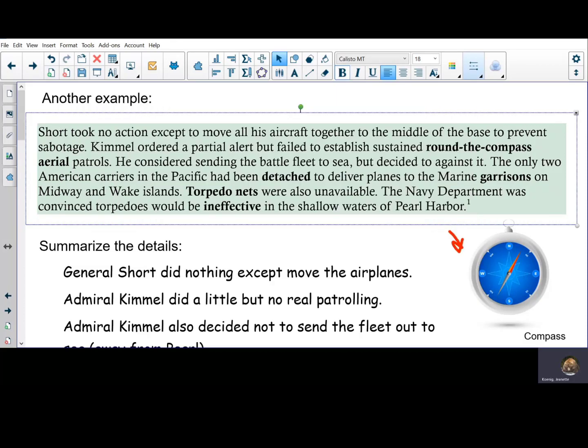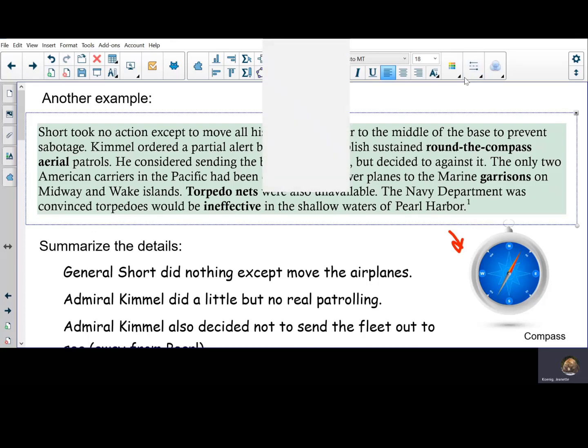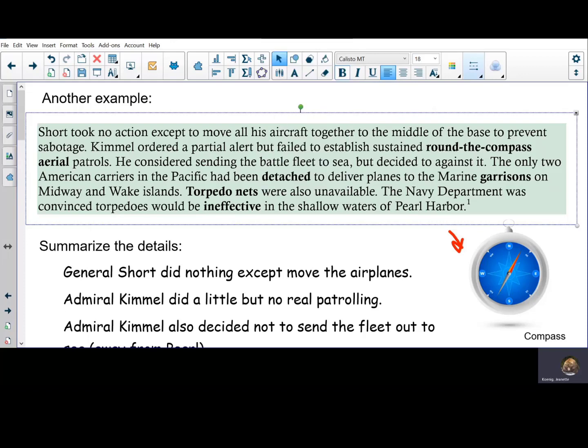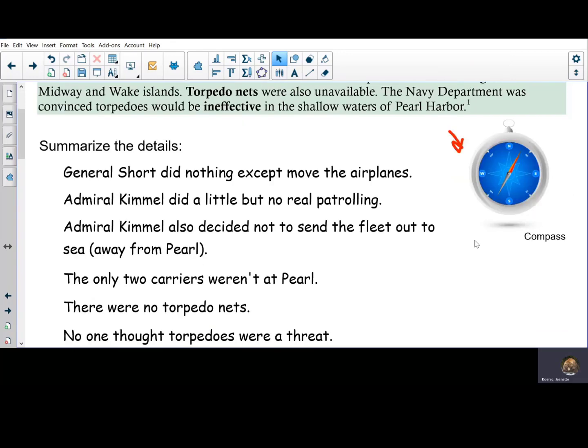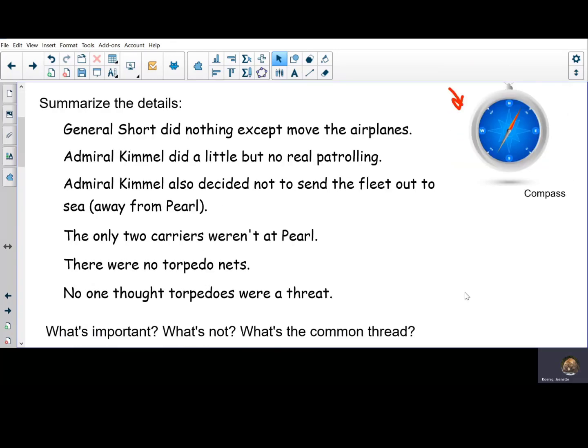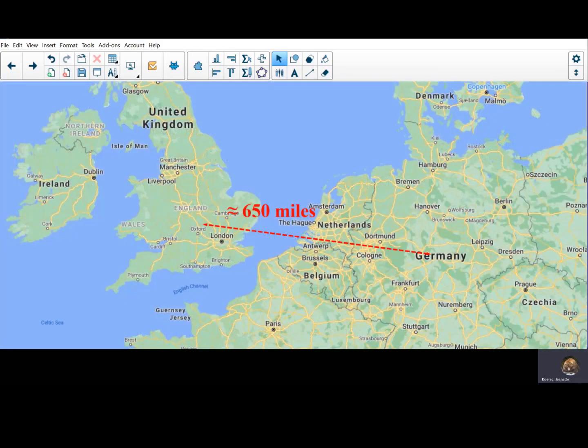I don't agree with you that he was dumb. Again, if your solid belief is a frontal assault on Pearl Harbor is pretty much out of the question, then the next greatest danger is sabotage. But this goes back to your mindset needing to evolve with the technology. There'd been plenty of air raids in Europe, but it's only about 650 miles from Germany to England, and because Germany occupied most of Europe, they didn't even have to take off from Germany.